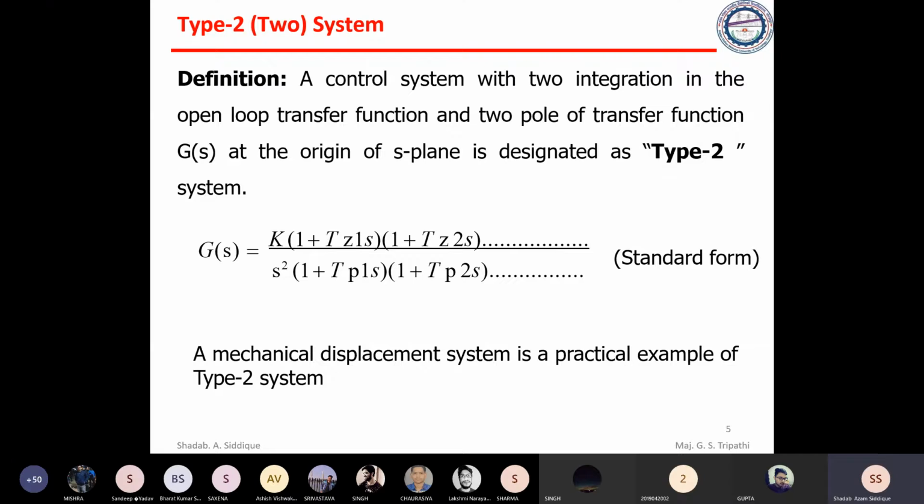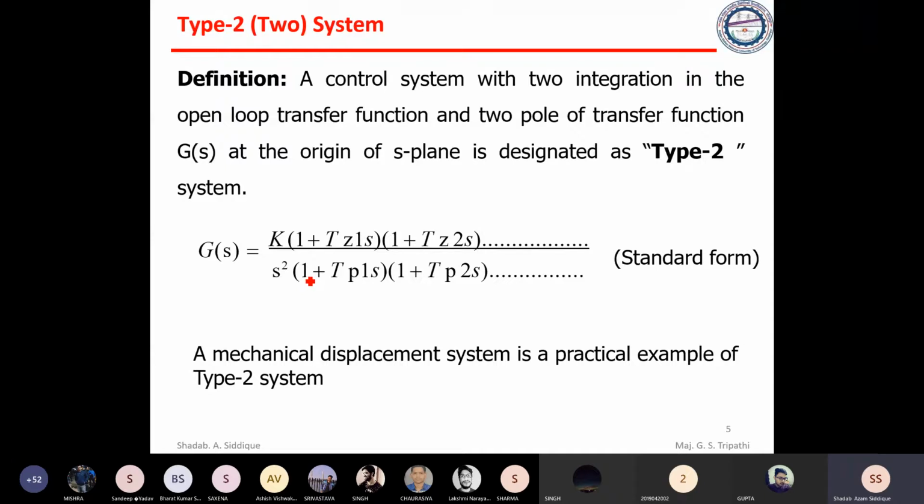After substituting R(s) in the transfer function, we found C(s), which comes out to be 1/s times omega_n squared divided by s squared plus 2 zeta omega_n s plus omega_n squared. Then we took the partial fraction of that. Before going to the partial fraction, we took the standard form of the transfer function, and after taking the standard form, we found A, B and C in the partial fraction.